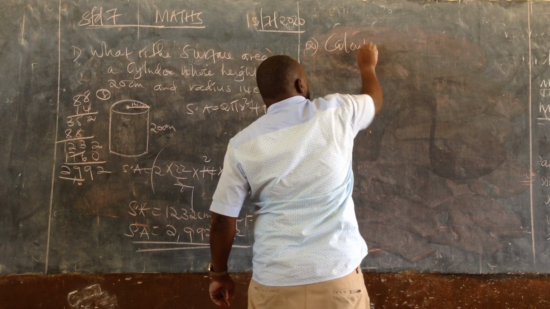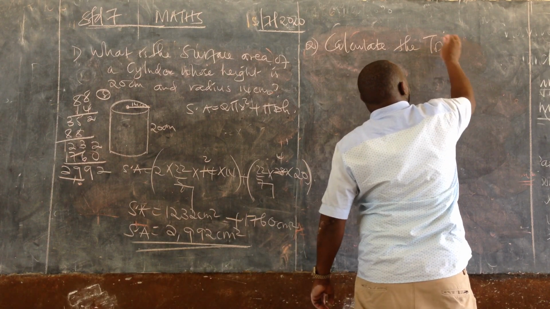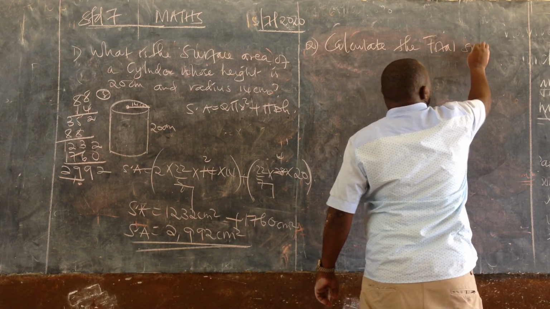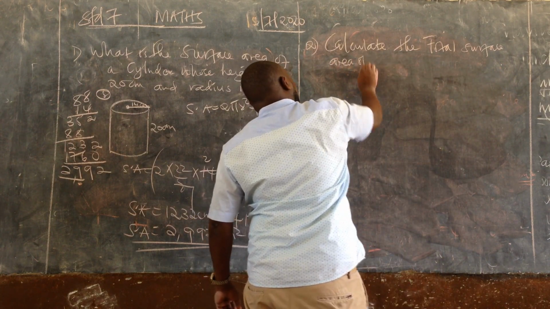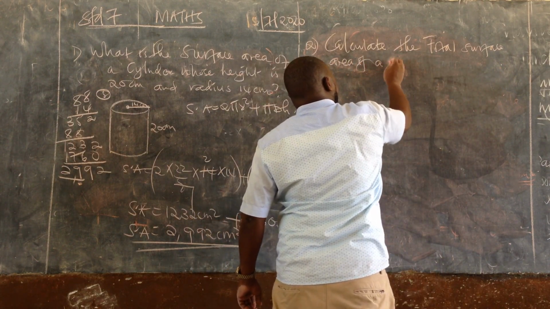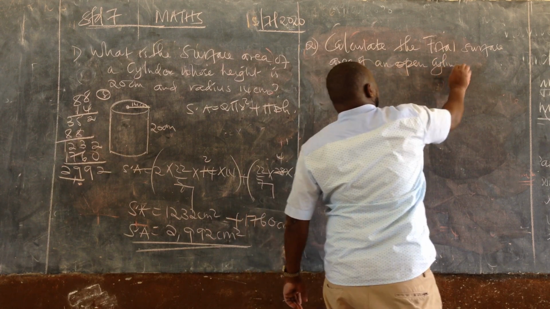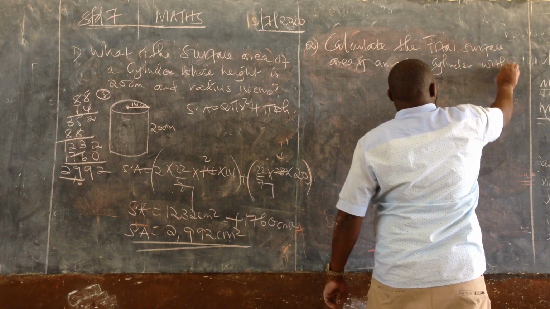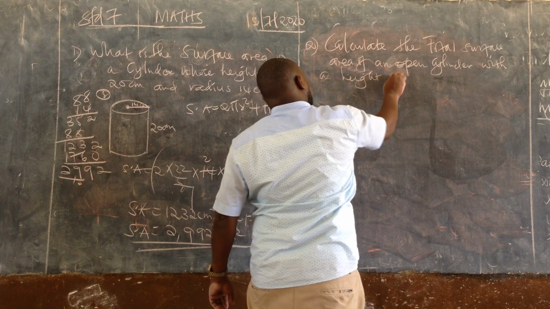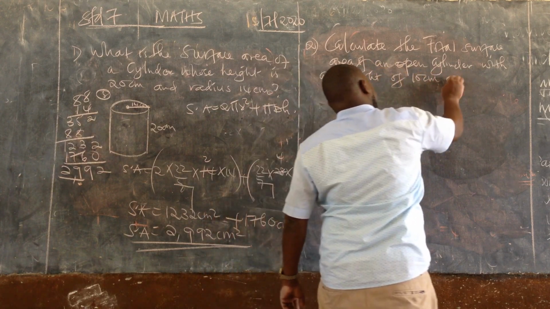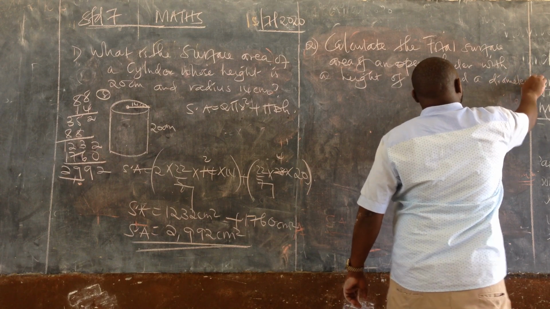Calculate the total surface area of an open cylinder with a height of 10 centimeter and a diameter of